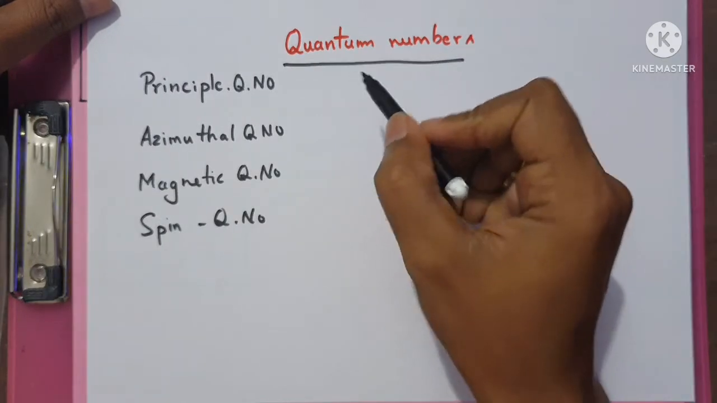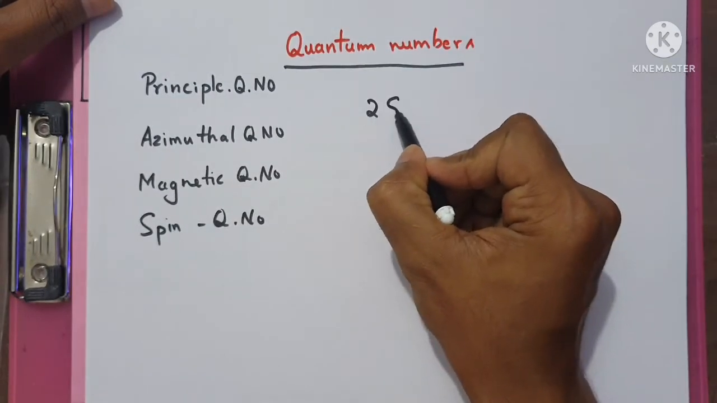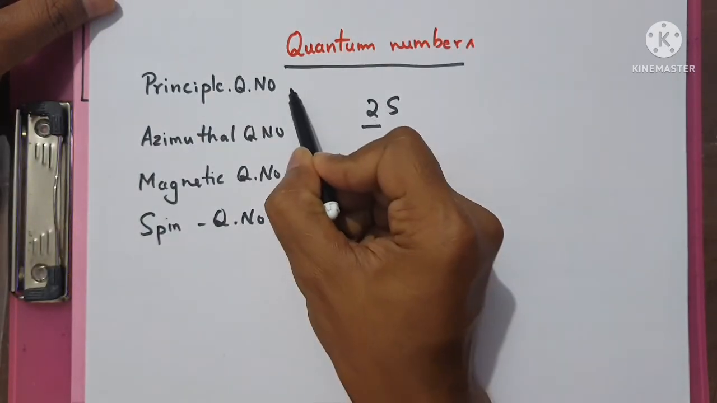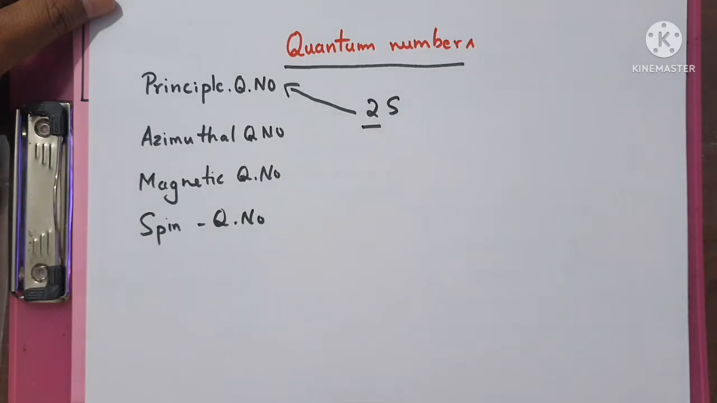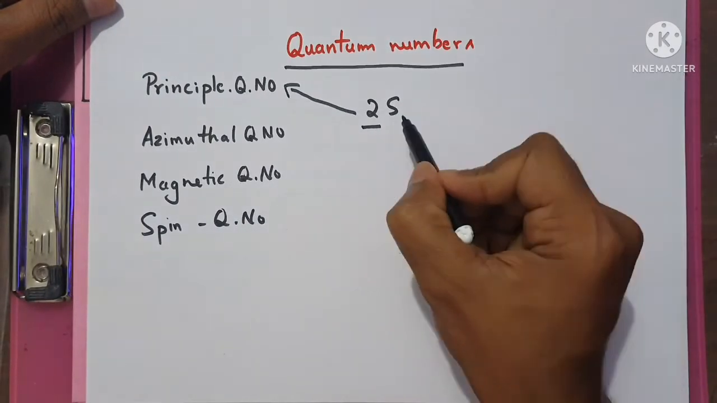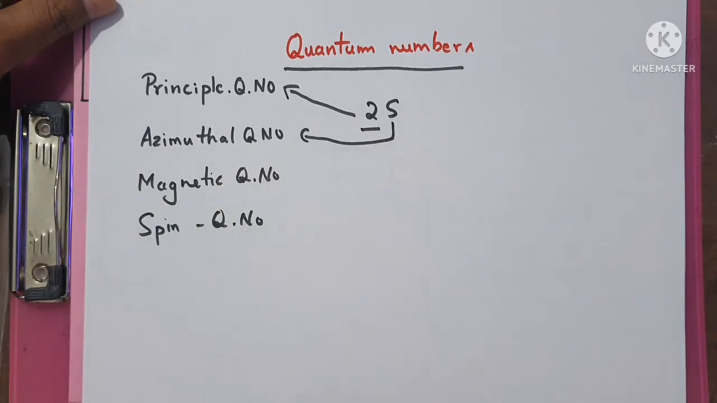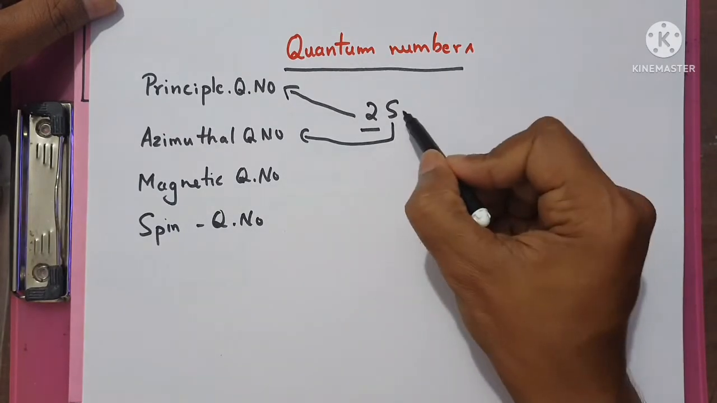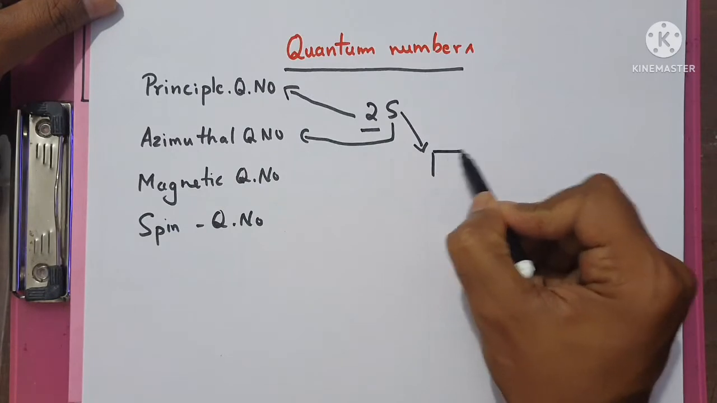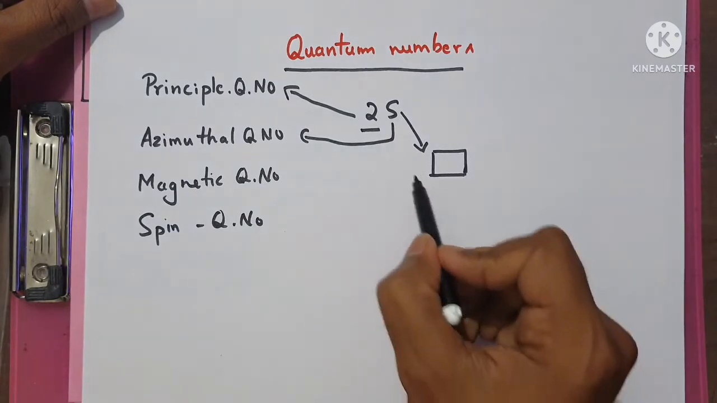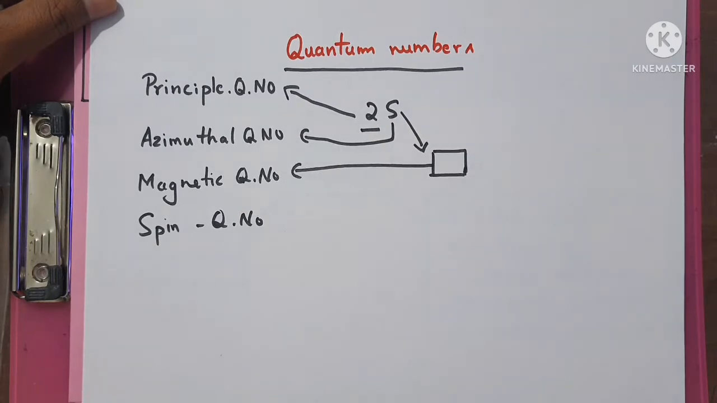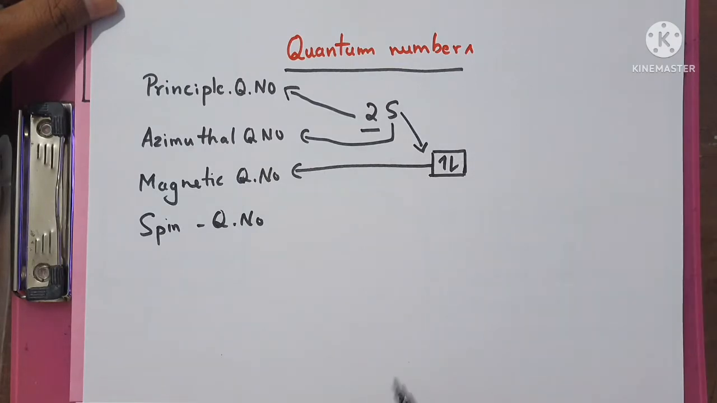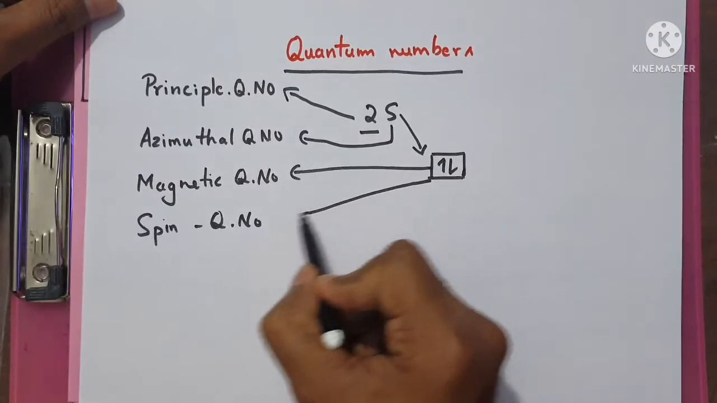Let me take an example, that is 2s. In 2s, what is this 2? 2 is the principal quantum number, which is a shell. What is this s? s is a subshell and that is the azimuthal quantum number. And s has one orbital. This orbital is nothing but the magnetic quantum number. The electrons we fill inside this orbital will be in opposite spin,